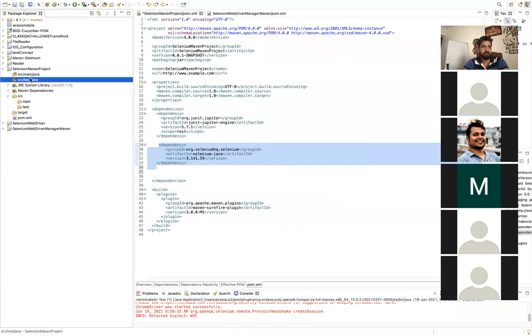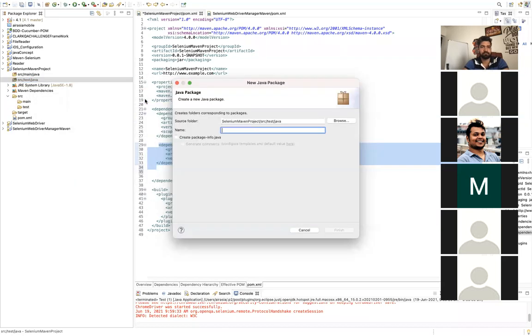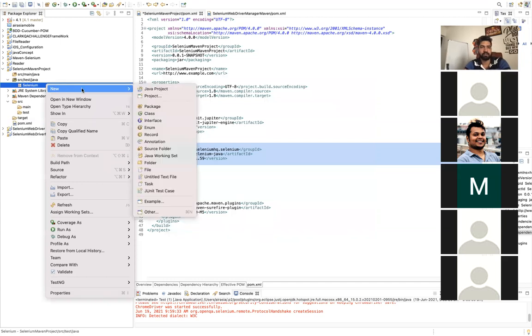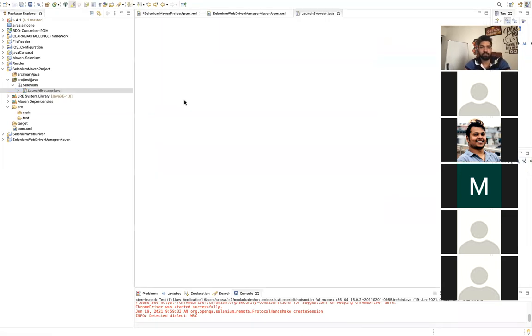And I will create my own package here, and inside that I'm going to create a class. I definitely require the main method, and the class name I'm writing is LaunchBrowser.